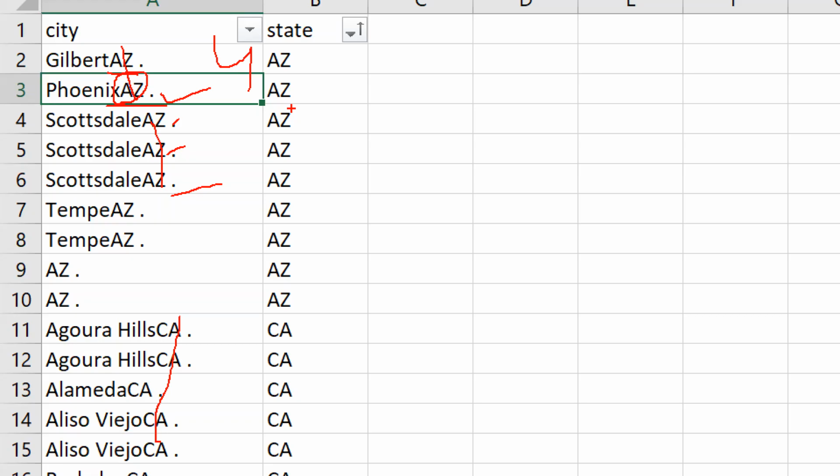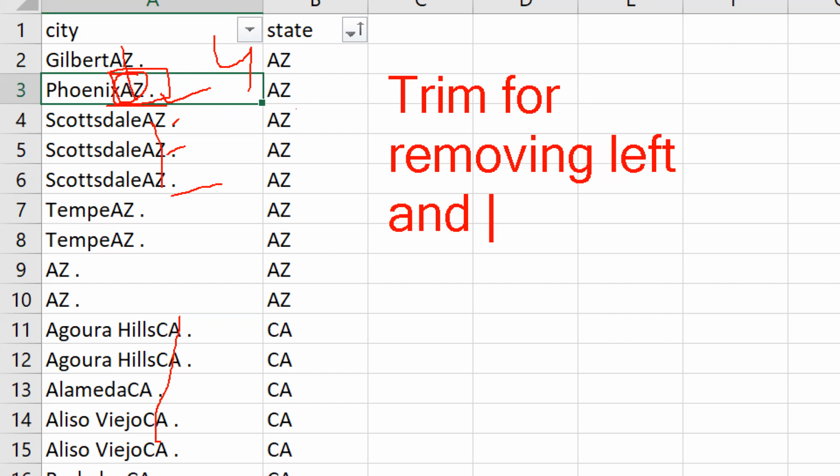Online people, we can use distinct functions. Distinct, no. First of all, my question: remove the last 4 characters from each city. How is it possible? Trimming only, no, sir? Left to right. Madam, trim. First of all, I will write the trim functionality. Trim is for removing left and right spaces only.